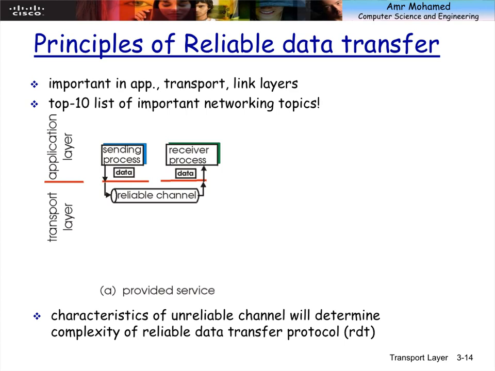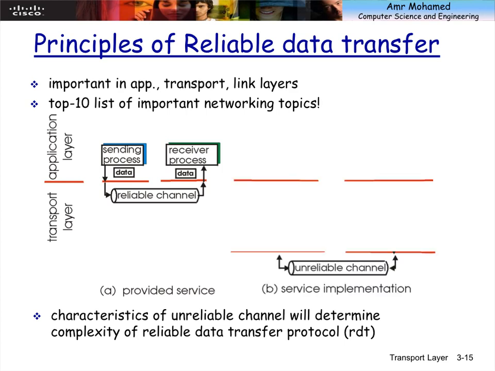So the transport layer, in terms of provided service, needs to provide reliable data transfer, but that can have different forms. That's what we will talk about today. It needs to provide reliable data transfer over an unreliable channel. Okay? So if the channel itself is unreliable, there is a high probability of error. So we need to do certain implementation of the transport layer to compensate for the fact that the communication channel itself is unreliable.